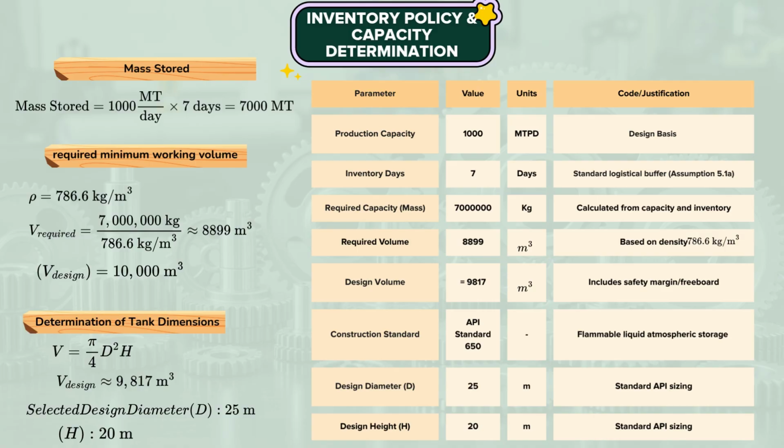Storage tank design codes and material selection. Storage tanks for bulk quantities of flammable liquids like methanol are subject to stringent safety and engineering standards. Regulatory compliance and codes. The design, fabrication, and construction of large, above-ground atmospheric storage tanks must adhere to API Standard 650. Additionally, compliance with NFPA 30, Flammable and Combustible Liquids Code, is essential, particularly for managing fire protection and siting. Material selection. Since methanol has a low flash point, which is 12 degrees Celsius, only steel or high alloy tanks